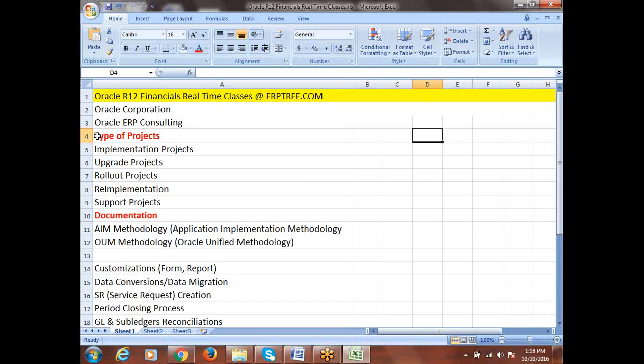When you talk about the project life cycle, there will be a starting point, a planning point, an execution point, a controlling and monitoring point, and an end point. Out of this entire project life cycle, a functional consultant will be involved in the third stage. What is the third stage? Execution. We never involve in the starting, though a few points touch the starting also. I'll discuss it in detail, but the core area where you will be involved: we never involve in the starting or the planning. Being a functional consultant, you will be involved directly in the execution.